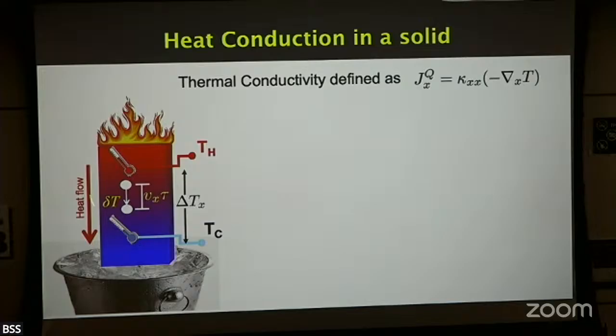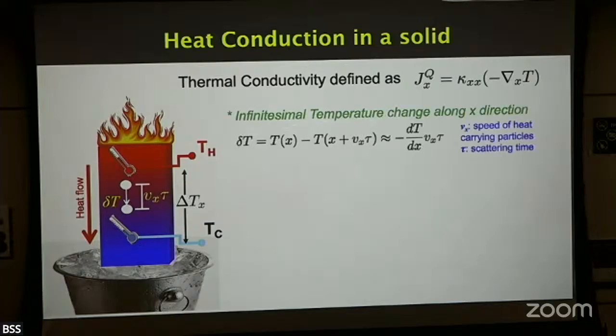So this is how we're actually going to do it. The infinitesimal temperature gradient here is whatever the heat carrying particle is. That heat carrying particle can be a phonon, a magnon, or some very exotic excitation. And then that is basically T minus T plus Vx over here, and that's actually written as dT/dx. The minus sign is there because the vector is coming this way, but the temperature gradient is hot minus cold. That's why we always put this minus sign here, okay?